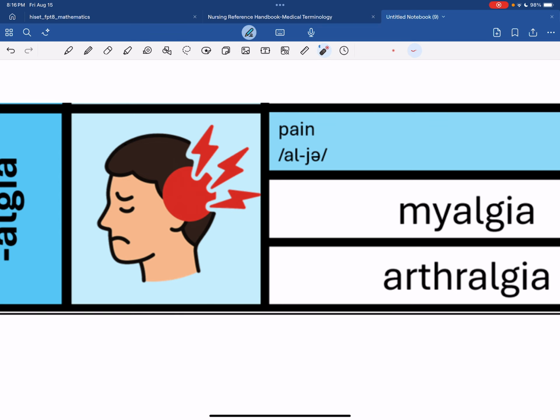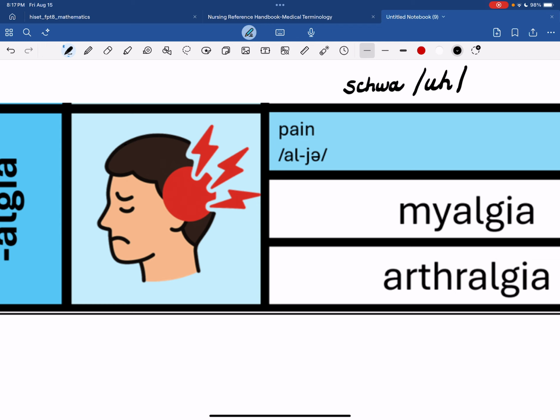This tells you how to pronounce the word. So it's, or in this case, the suffix. It's broken into syllables so you can read it a little more easily. This syllable says al, and this syllable says ja. This little symbol right here is called the schwa symbol. And let me spell that for you. Schwa. It looks like an upside down and backwards E. And when you see that, for our purposes, let's pronounce that as an